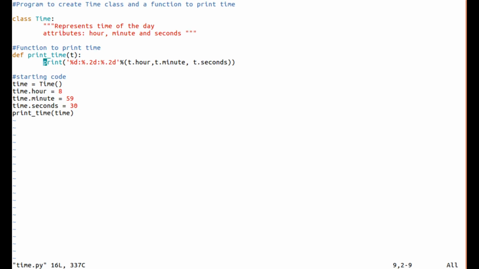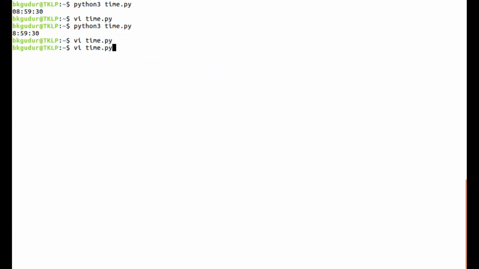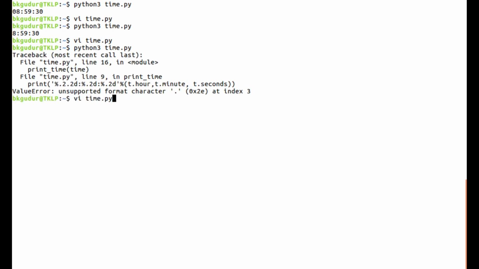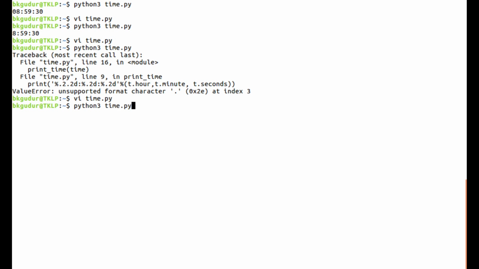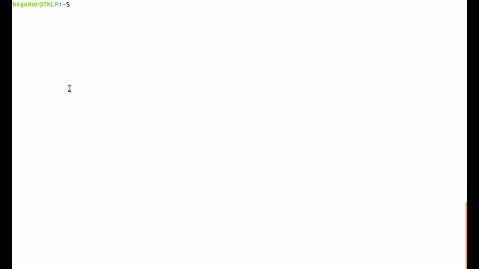For that purpose we should specify how many digits we consider to print an integer, and that is done like this. Okay, right.